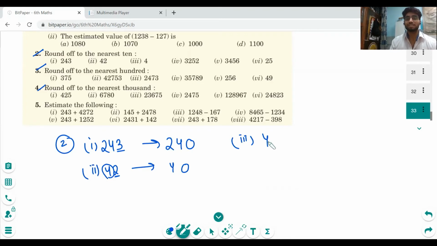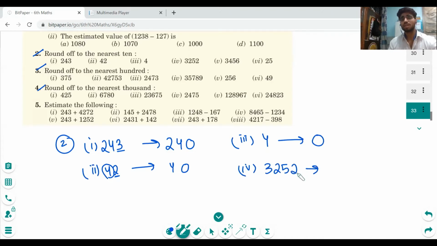Now you can see this is actually once only. You can just make it 0, right? Yes, and you don't have to worry about any tens digit, right? So this can be done as 0 only. Good. Okay. Or you can also observe in one way that 4 is closer to 0, right? 4 is closer to 0. If there was 7, it is closer to 10. So I will write 10. So that's how it works. Now, fourth part,